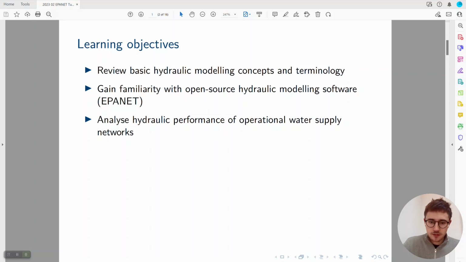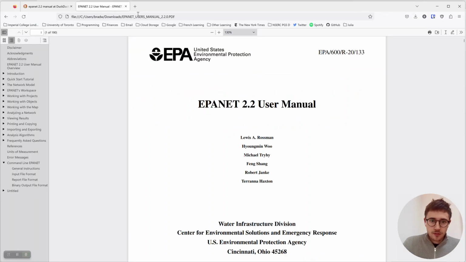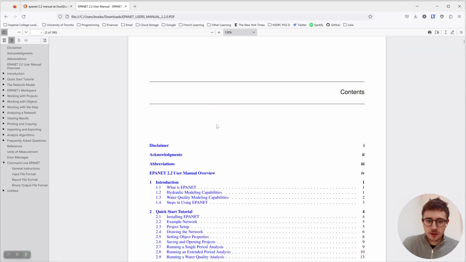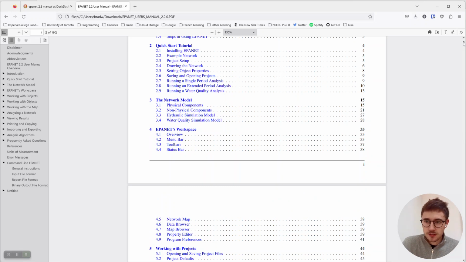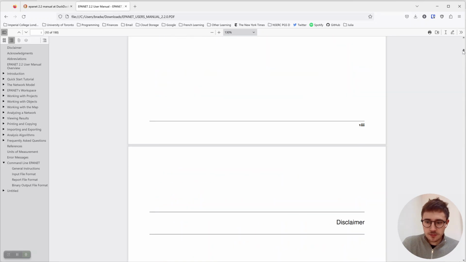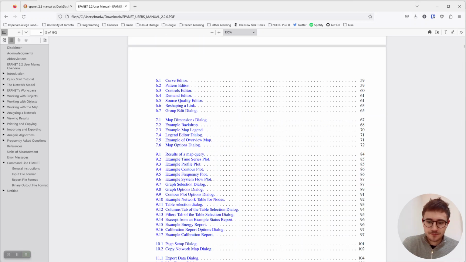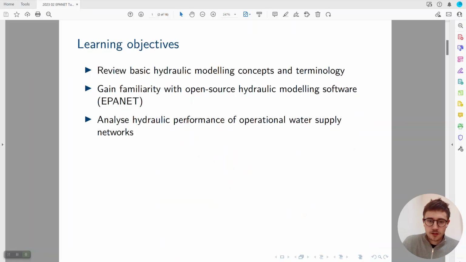Today's tutorial will walk through a specific example, but it won't be comprehensive. So if you need additional information, you can search for the EPANET 2.2 manual, its current version. If you go there, you'll find this document, which is quite extensive, so you'll be able to look at specific problems that you may have, either here or in the future. Okay, so we'll jump ahead